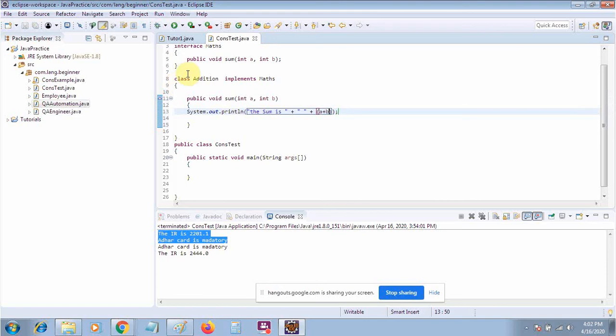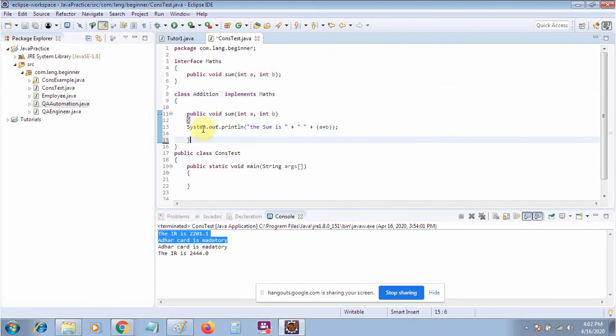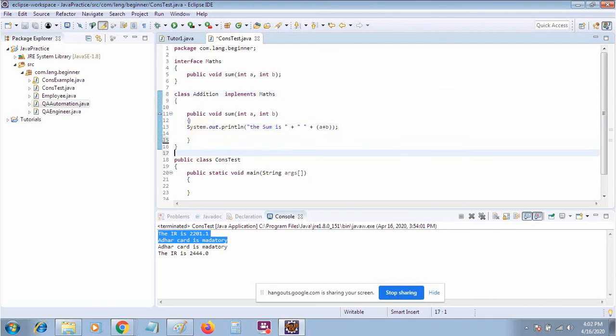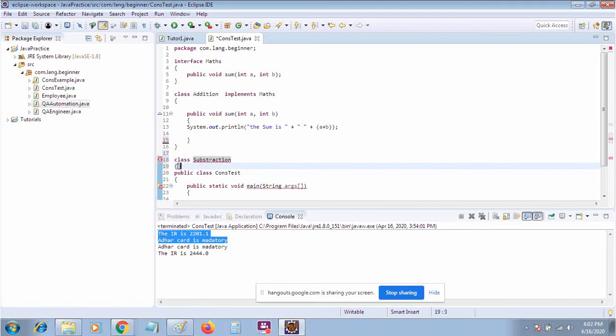Okay. There is an interface. We have created a class. The class has implemented the interface, and then we have created the body of the interface. Now again, suppose that there is also a class Subtraction.